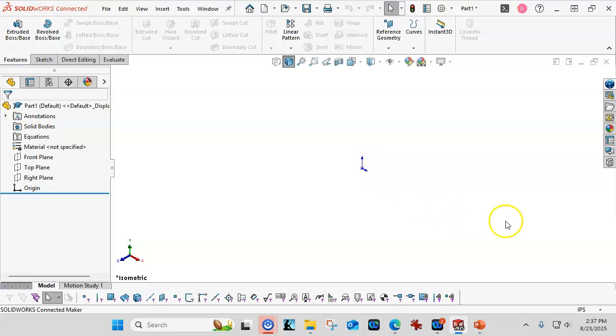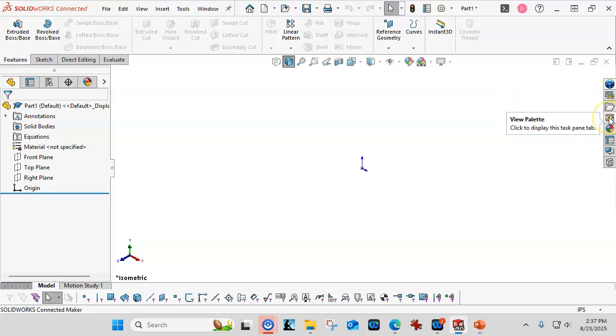We're not in a sketch. If I look down here, there's nothing really going on. When this goes red and I'm looking at normal to a sketch plane, then I know that I am in a sketch. The other thing would be, as we come around the screen, the task pane,